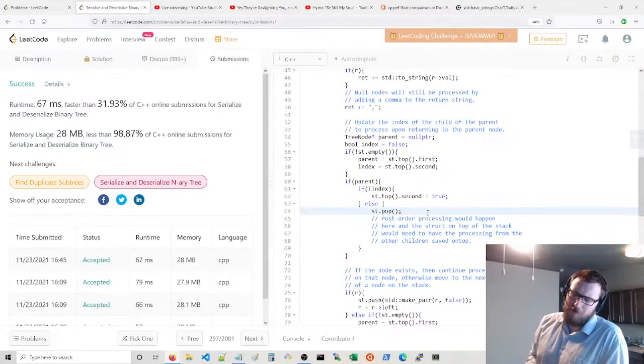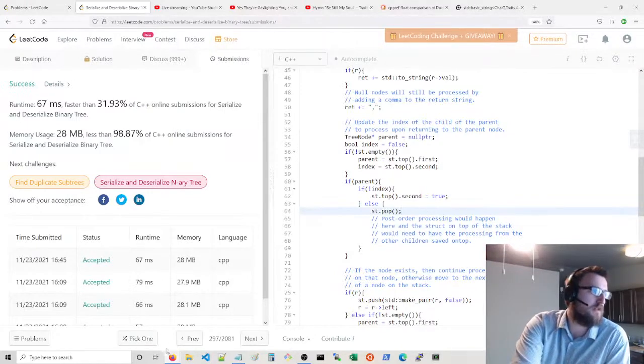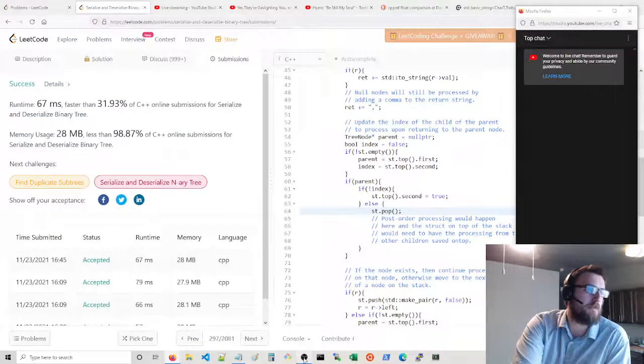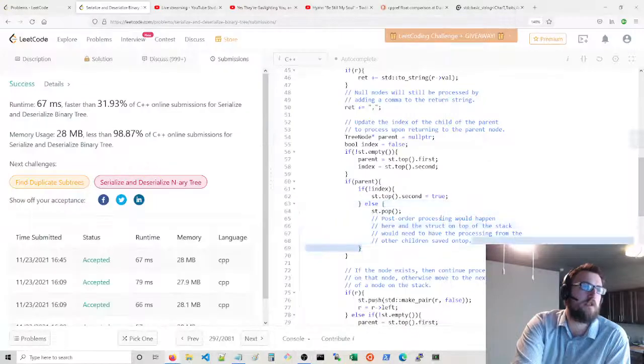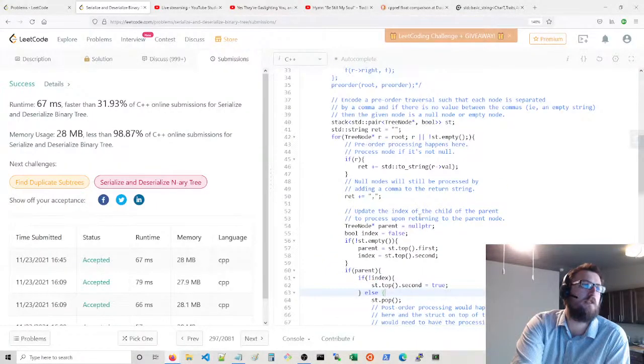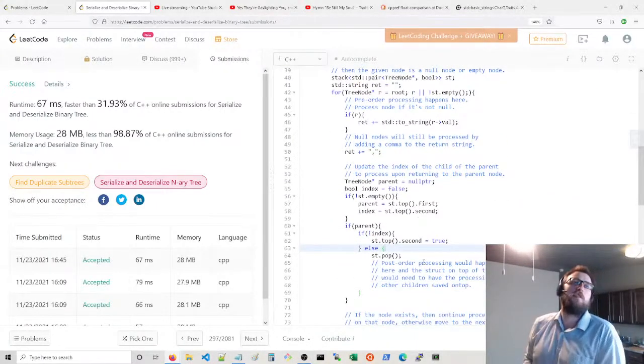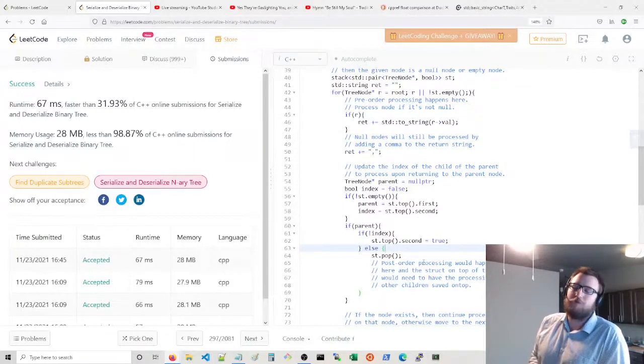No, it's not. That's kind of tricky. I don't know. It's a little bit different with. I think post-order processing is like entirely different. I think maybe this doesn't work the way that I'd like it to. I don't think I could just stick it right in here. The reason for that is if you tried to post-order traverse, what's going to happen is